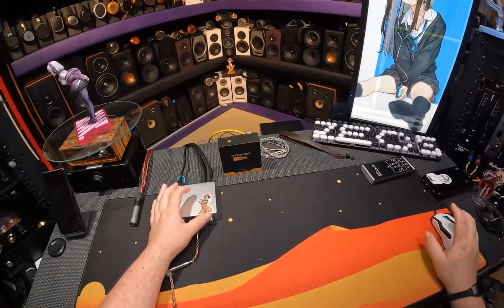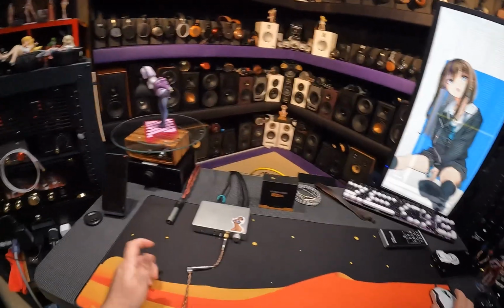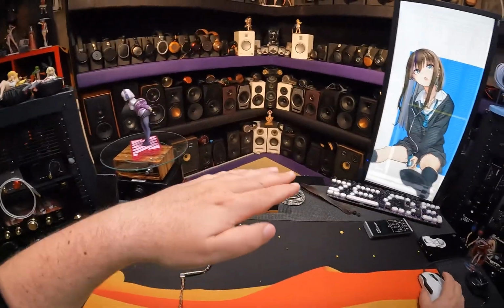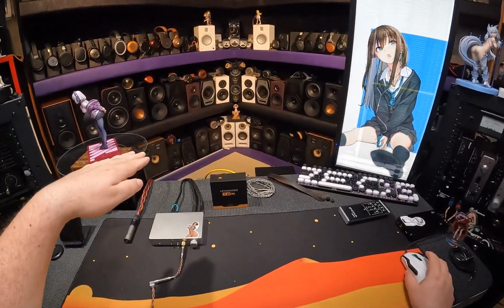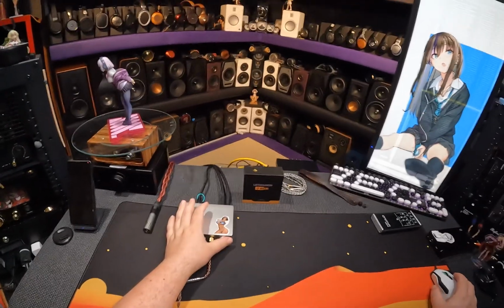If I lower it down to a normal listening level, it's going to be any $200 IEM. Seriously, once you're down below where the loud listening is, forget it. Don't buy these IEMs. If you listen loud and you're worried about blowing up an IEM, get these. Just get these and blow your...